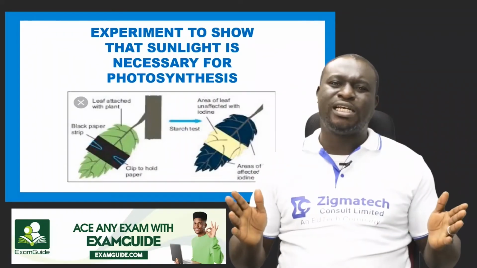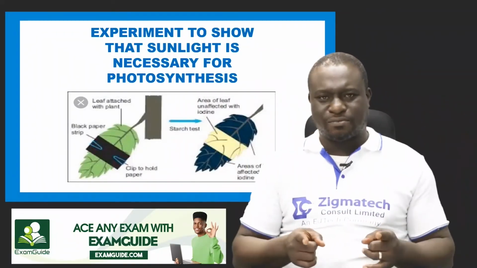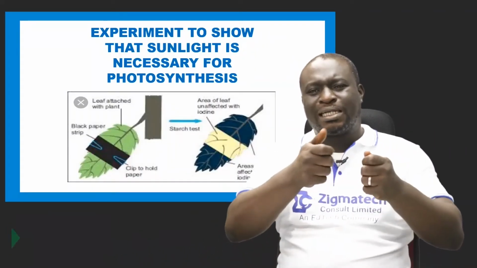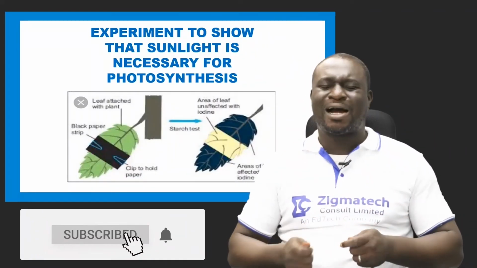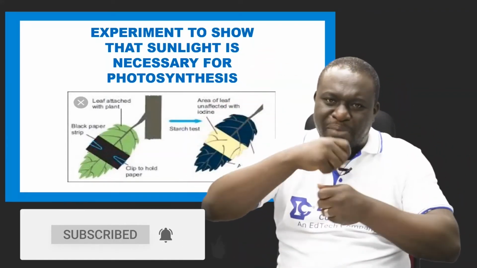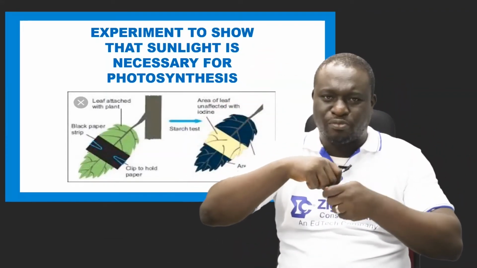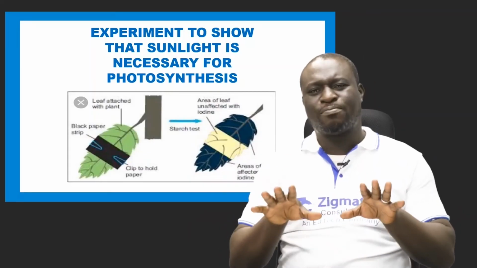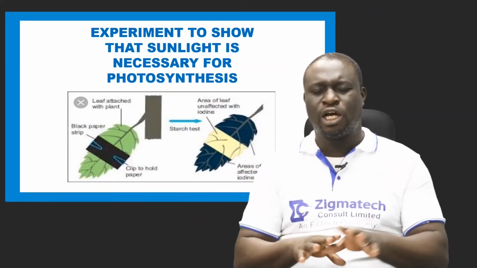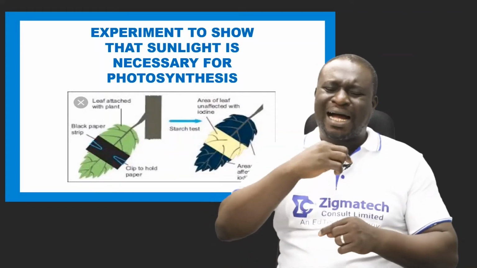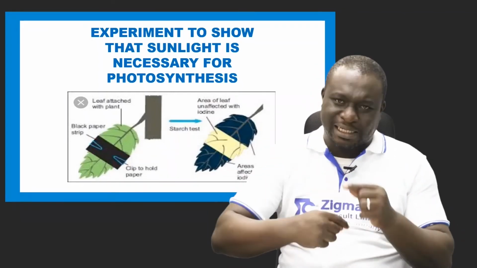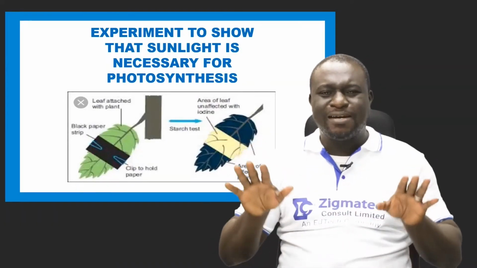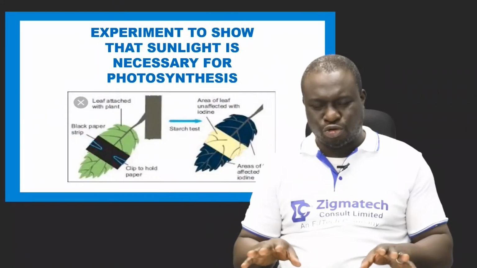Now, allow the leaf to stay all through the day till the following day. Then, when it gets to the following day, pluck out that particular leaf, remove the black paper strip, and test the leaf for starch. Once you do that, you will discover that the part that is not covered